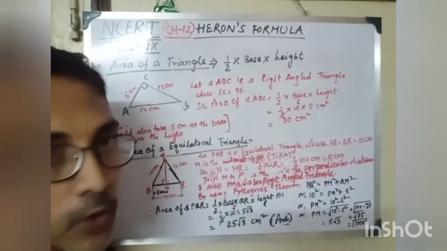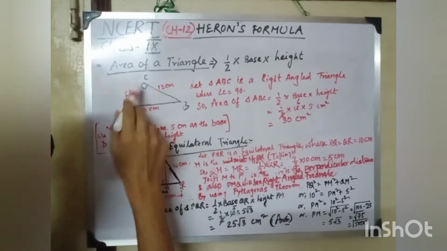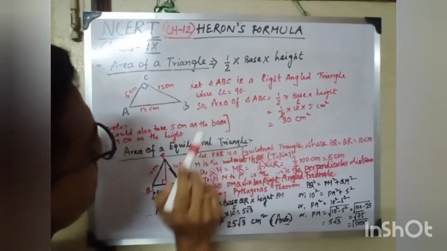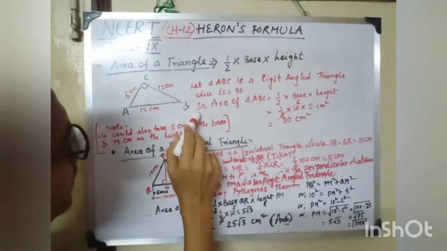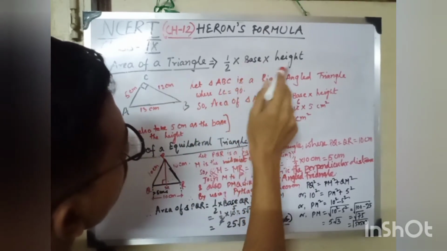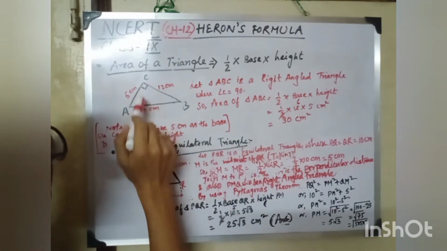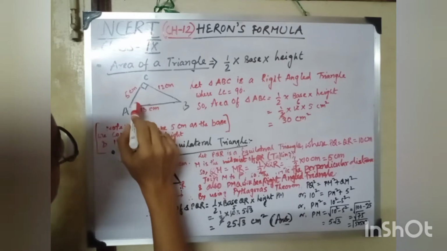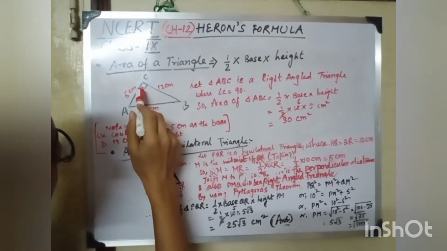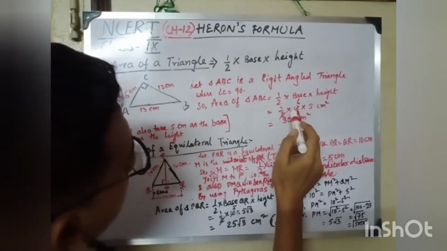So today our topic is Heron's formula. First, I have drawn a right angle triangle ABC where angle C is 90 degrees, okay? And the area of triangle ABC is equal to half into base into height. So here in this triangle ABC, the base is side BC, the height is AC, so half into